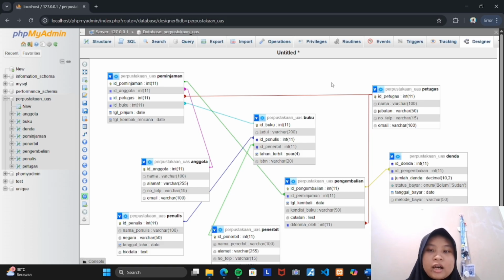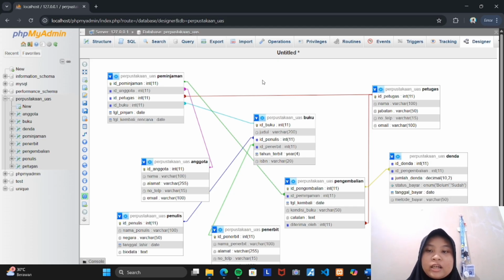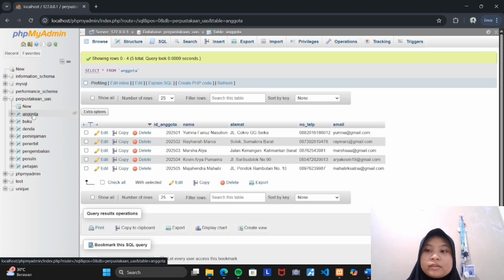Basically, how do we make this relation look like this? It's not simply putting the primary key and then the foreign key for each entity and the attributes. We can do that with